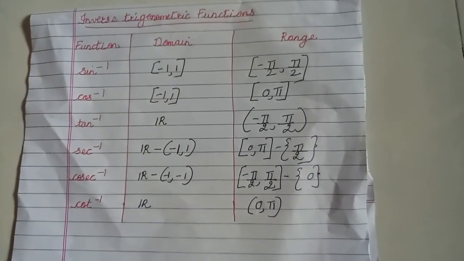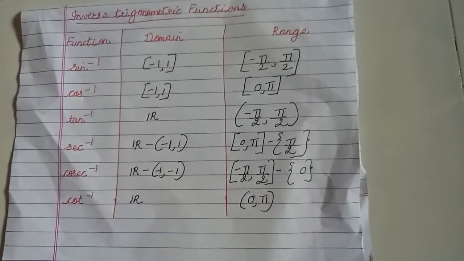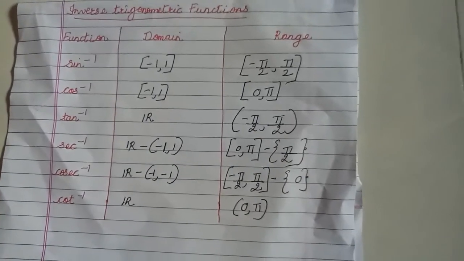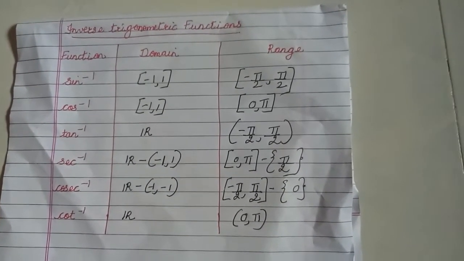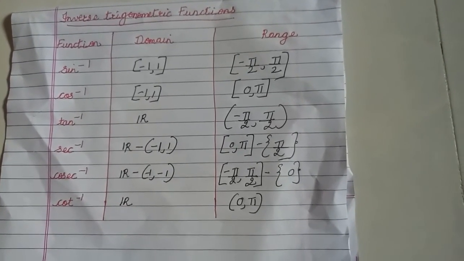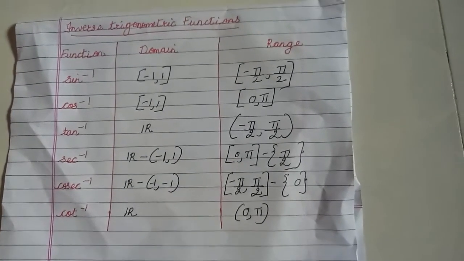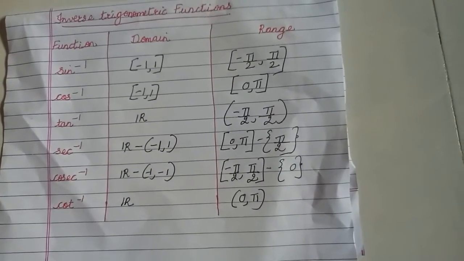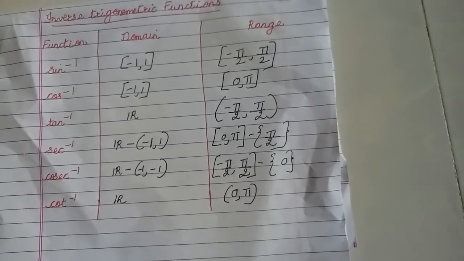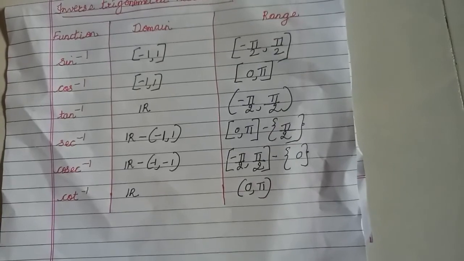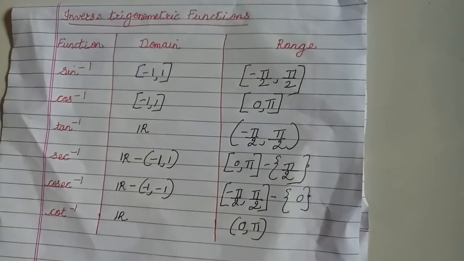So next time when I come, I will come back with this paper so that we can also solve problems. I know it anyhow, but for you, I will hold this paper so that it will be easy for us to solve. Don't get worried, children, you just study the table. You just understand the concept, why minus 1 is removed, why n pi is removed, etc. That you should know. Before mugging up a thing, you should know why it is like that. That is why I took such a long class to explain why it is defined like this. Now since you have understood, learn this by heart, then we'll be ready to solve the problems next time. Okay, thank you, children.